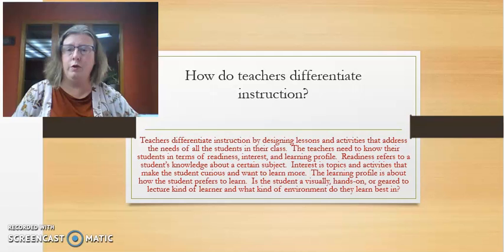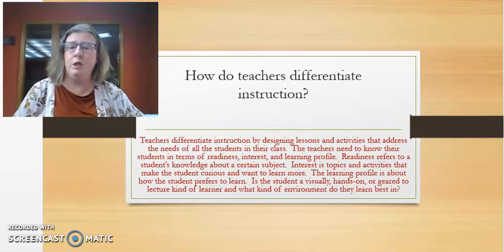How do teachers differentiate instruction? Teachers differentiate instruction by designing lessons and activities that address the needs of all the students within the classroom. The teachers need to know their students in terms of their readiness, which is their background knowledge of a certain subject. For example, some students have lots of background knowledge and know a lot about science, and then they may struggle in math. And then some other students may have a lot of background knowledge in history, but may struggle